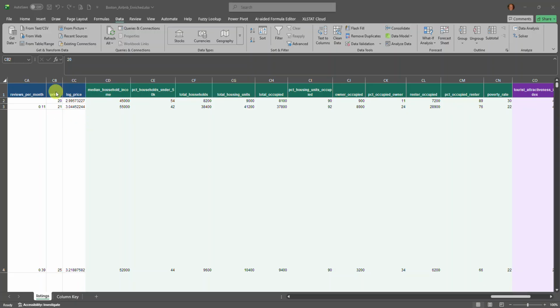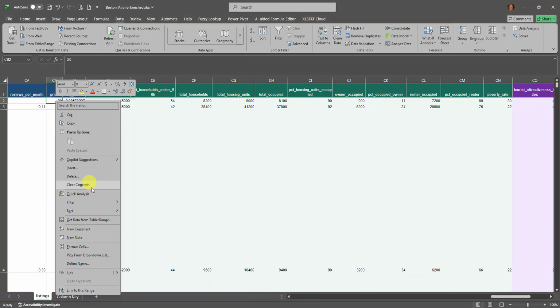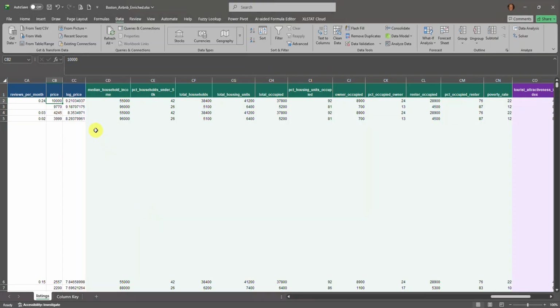So we created a new column called log of price, which was just using this formula in here, ln equals of price. And so then I'm going to highlight, the main thing is you have to sort everything so that you don't get the non-numeric values, which were the blanks. So if I just right click this and say sort largest to smallest, I've now got all of those values. And if I then